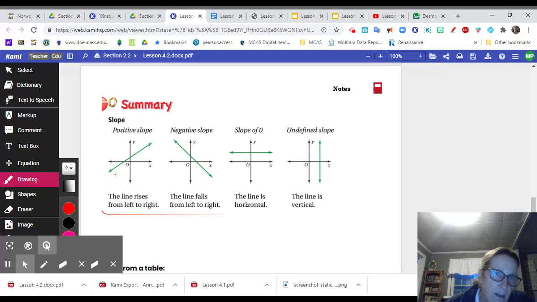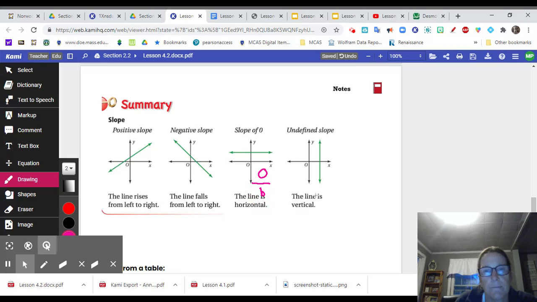Any line that rises from left to right has a positive slope. Any line that falls from left to right has a negative slope. Any line that is straight across, horizontal, has a slope of 0. And these are particularly hard. This would have 0 in the numerator and some number, let's call it